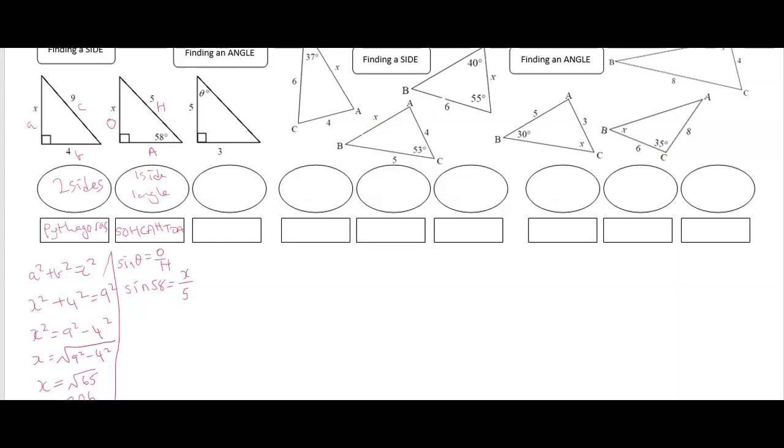Now, don't go using solve in your calculator. You need to actually transpose this equation to get x by itself. So to get rid of 5 in this denominator, we multiply both sides by 5. So it's going to be 5 times sine 58 equals x. And then you can put that into your calculator. So x is equal to 4.24